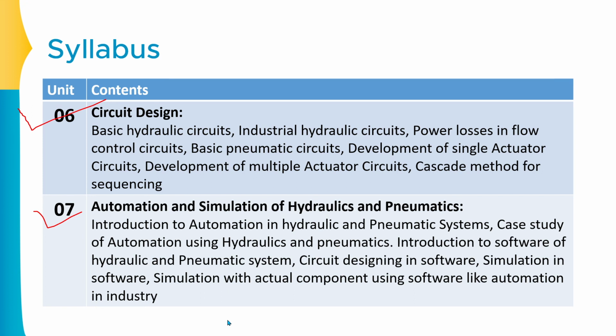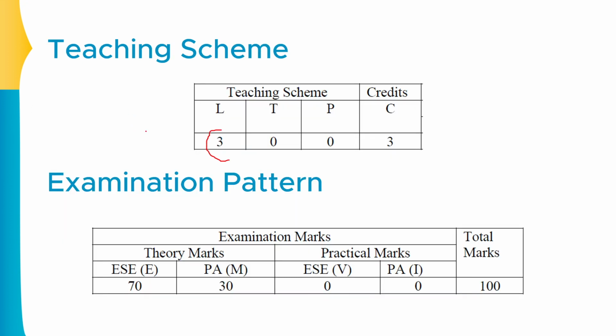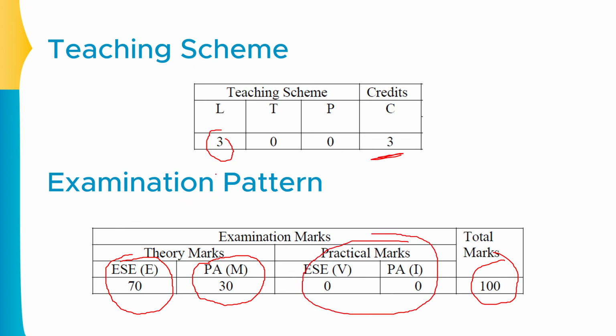Okay, so ultimately our teaching scheme is going to be like this. There are a total of 3 lectures per week available. The credit of the subject will be 3, and the examination pattern will be 70 plus 30. That means 70 marks will be for the external examination, and 30 marks will be given through the institution by means of the mid semester examination. There is no practical external examination or internal examination. Only assignments, where we will be preparing experiments or assignments. Okay, and the total marks are 100. So there are no marks for the practical viva and the internals.